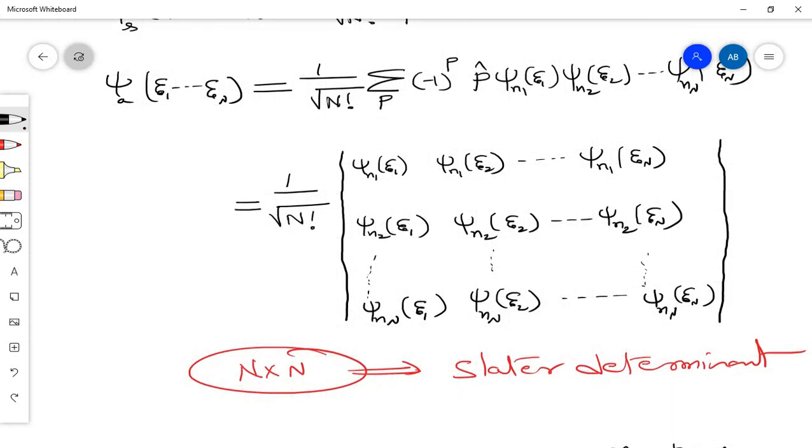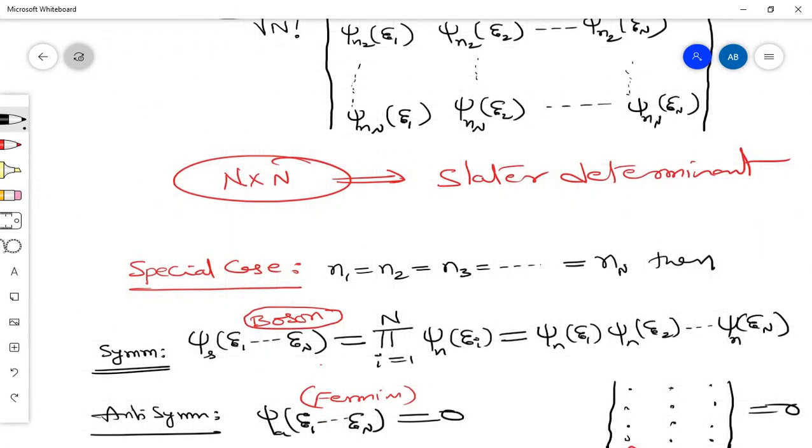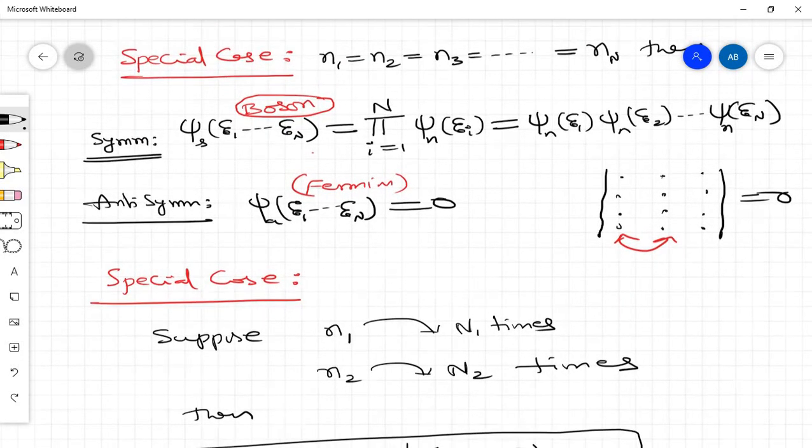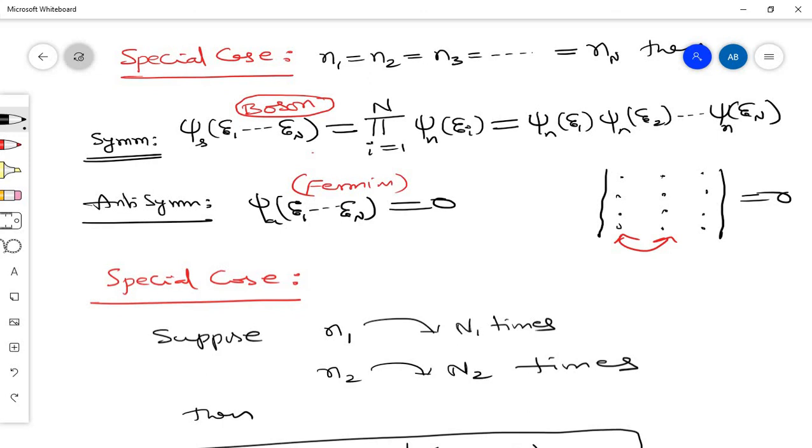So if any one thing, suppose n1 and n2 will be same. So n1, n2 will be same. This is n1, entire thing will become same. And this n2, entire thing will become same. So that any 2 things, rows or columns, the determinant will become 0. Okay, fine. So the special cases we have also taken, and all are of the same. That means all the particles are staying in the same state. That is, they condensed. Okay. That is possible only for symmetric wave function. That is the boson family. For fermion family, that becomes 0.